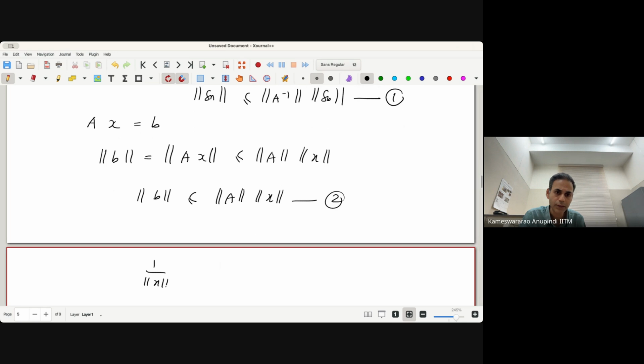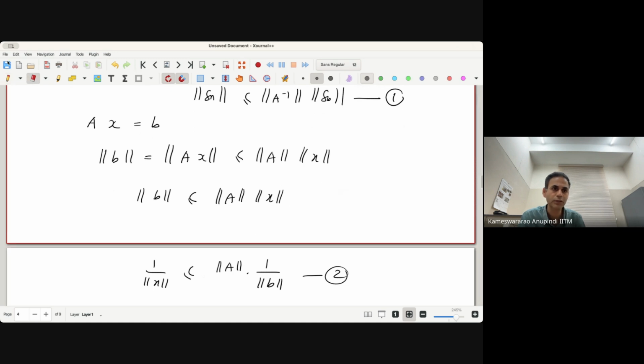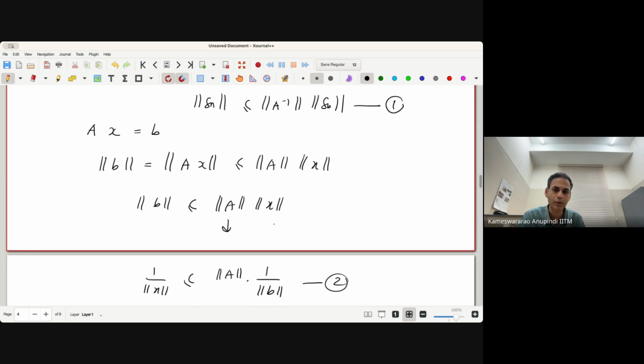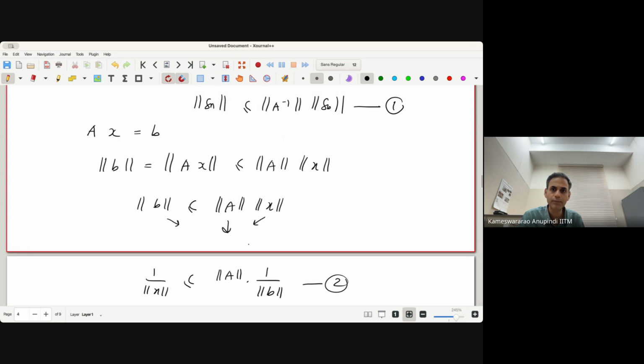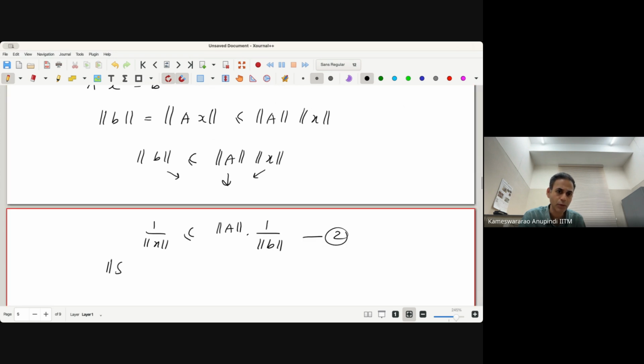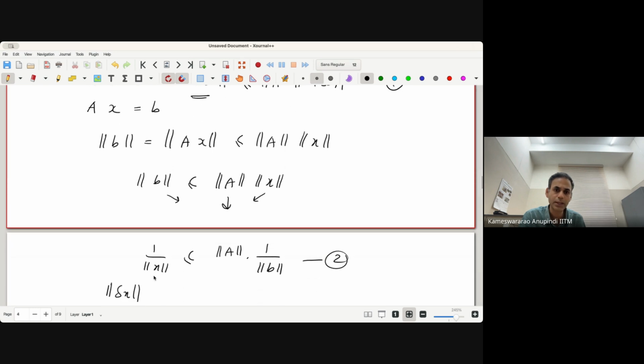Let me go back and write this slightly differently as 1 by norm of X is less than or equal to norm of A times norm of 1 by B. That is my second equation I want to use. I'm rephrasing this equation to be like this. 1 by norm of X, I'm sending this to the left hand side and this to the right hand side, which is giving me this quantity. Now I can divide the first equation by the second equation. That's going to give me norm of delta X divided by norm of X is going to be less than or equal to,